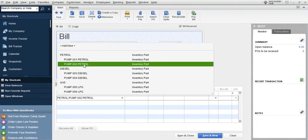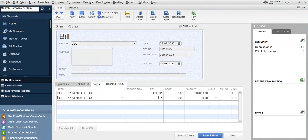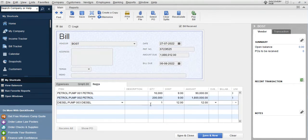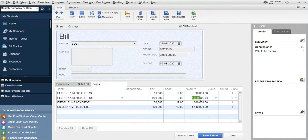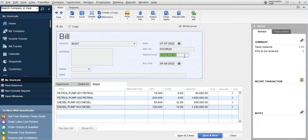Then I also bought petrol for fuel pump 2. Let's say we bought 200,000. Then you also bought some diesel in liters. You bought 50,000 liters at the price shown there. Then for the diesel pump 4, you bought 120,000 liters. So the sum of these is what is showing here, and this is supposed to be equal to the invoice that the supplier will bring. So once I save,